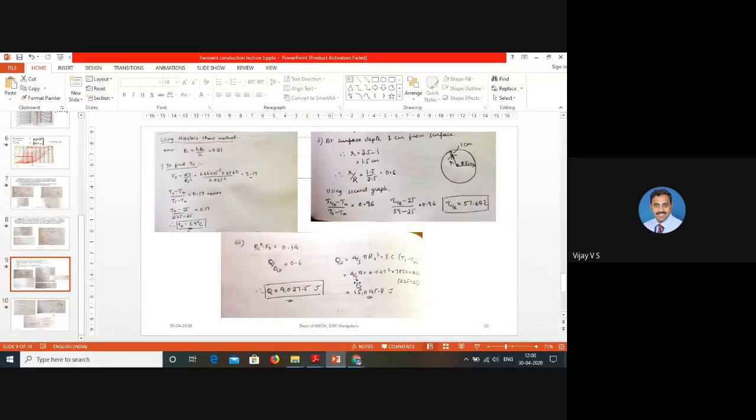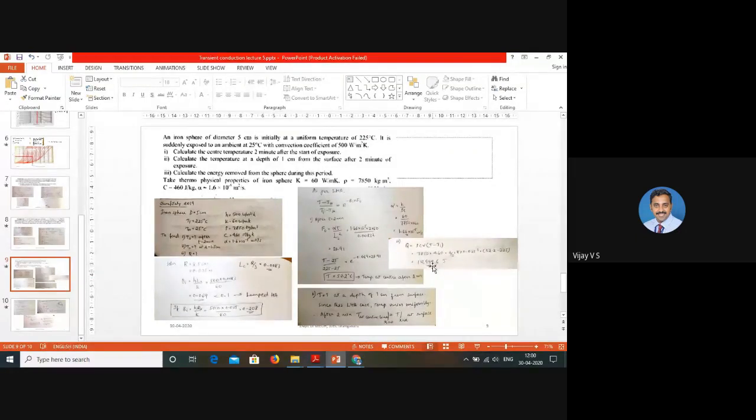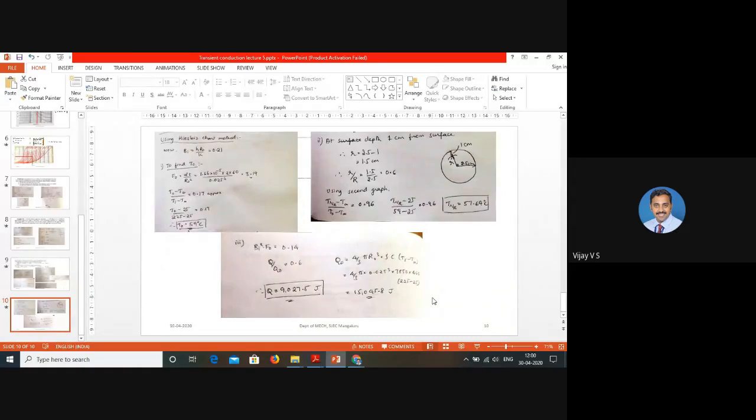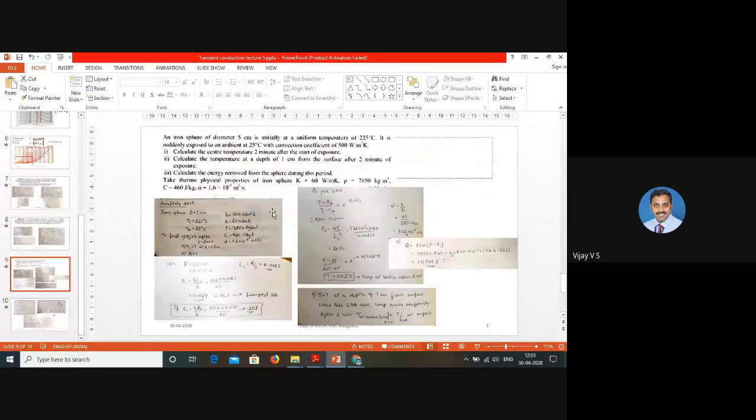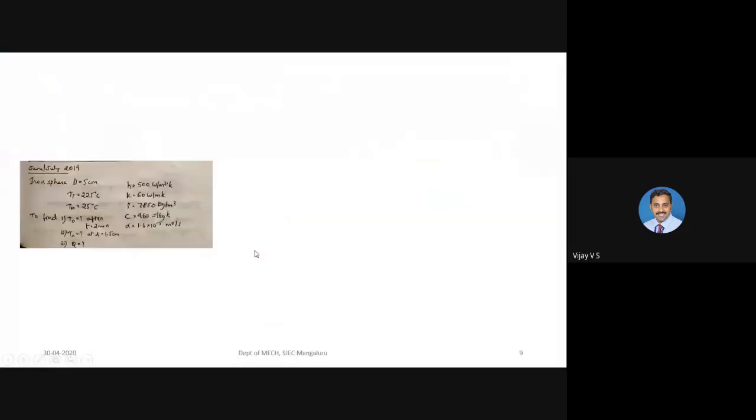So here I got around 15,000, there 12,000 joules. So small variation is there. Okay, this is from the question paper. So what you have to remember here is, for all the transient heat conduction problems, first find out Biot number using h Lc by k. Then for the graphical method, especially for cylinder and sphere, you have to use h r naught by k. Clear? So these are the problems which I wanted to discuss.